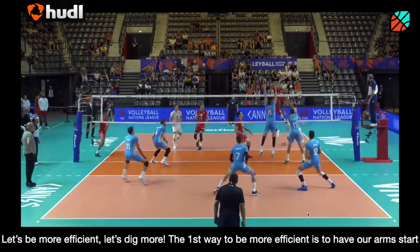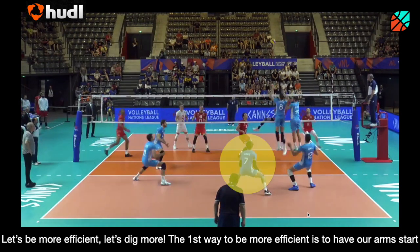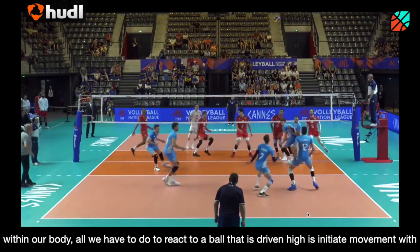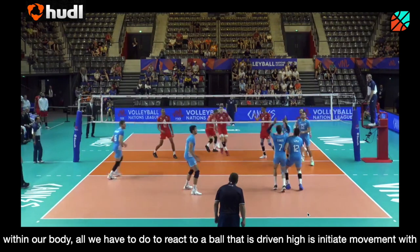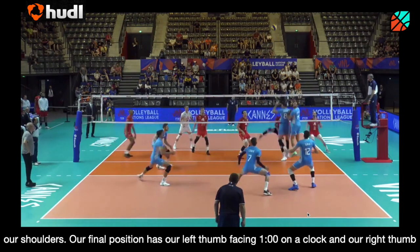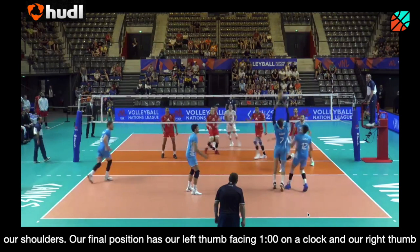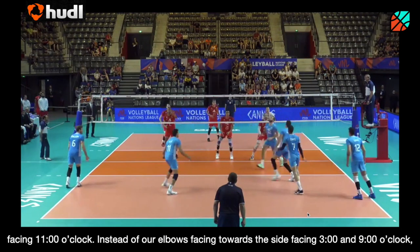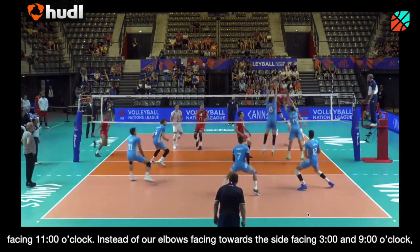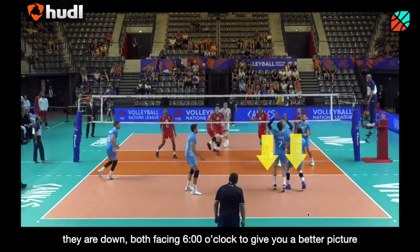Let's be more efficient. Let's dig more. The first way to be more efficient is to have our arms start within our body. All we have to do to react to the ball that is driven high is initiate movement with our shoulders. Our final position has our left thumb facing 1 o'clock on a clock and our right thumb facing 11 o'clock. Instead of our elbows facing towards the side, 3 or 9 o'clock, they are down, both facing 6 o'clock